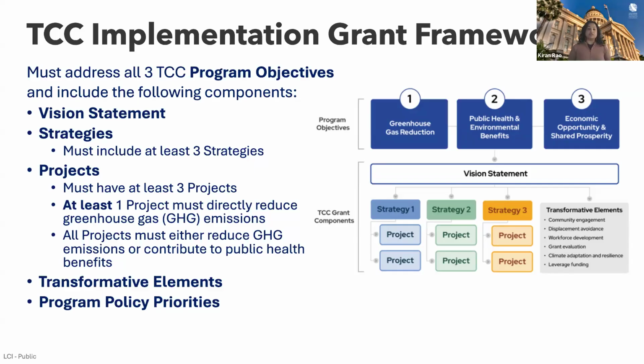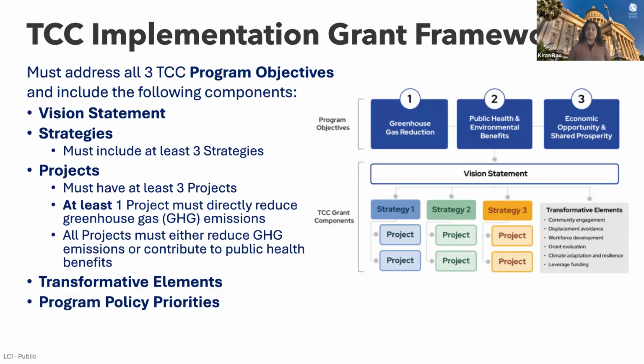Each strategy has pre-development requirements, which are items that are not due by the application due date, but applicants must complete during the pre-development phase for their projects. Applicants must also complete the projects themselves within the 4-year implementation phase. Additionally, implementation grants must incorporate all 6 transformative elements that were discussed earlier, and they will have their own required minimum funding amounts. Applicants will need to incorporate that